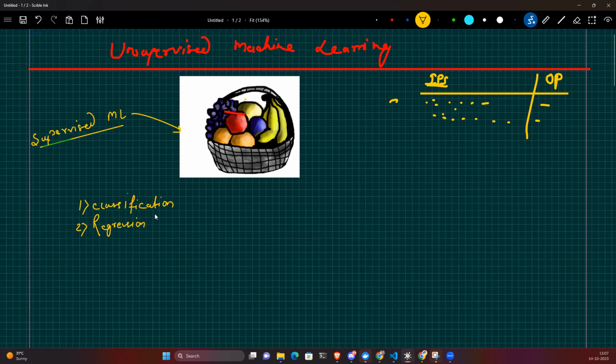So what is classification? It is a classification problem when the target column, or output column, is categorical in nature. Similarly, it is a regression problem when the output or target column is continuous in nature. Understood, right? So now understand what the different types of algorithms are that we have learned to solve these kinds of problems.